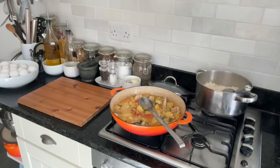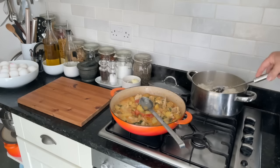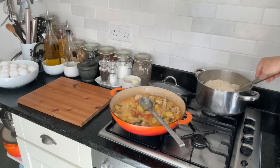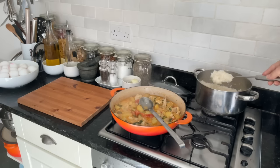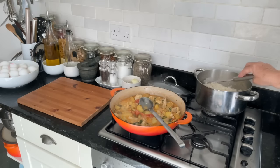Okay, well, the meat and potato mixture's still simmering away. There's a little bit more liquid to evaporate, but the rice has absorbed all the water now, and I've just left the lid off that to let the final bits of moisture evaporate as steam. I'm quite happy with that. That's worked very well. We'll use what is required in the biryani, and then the rest can either be frozen,